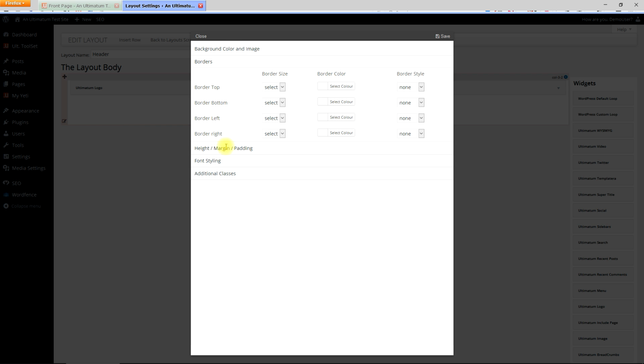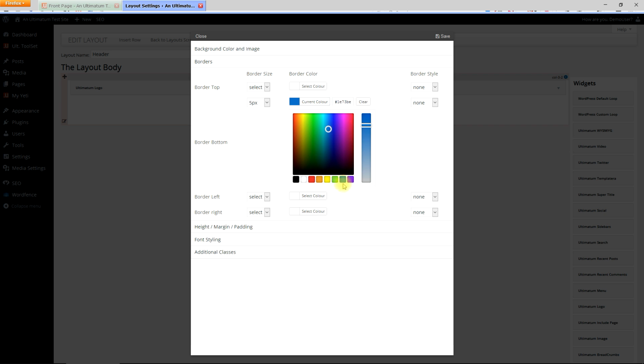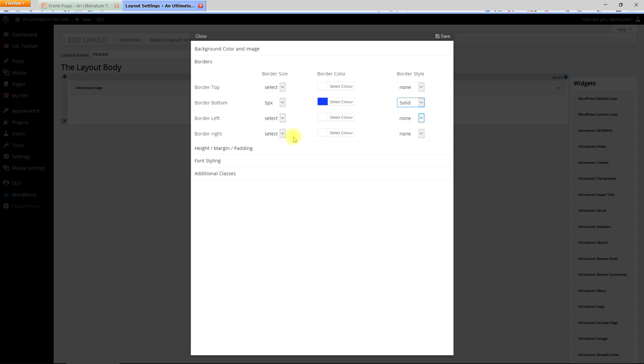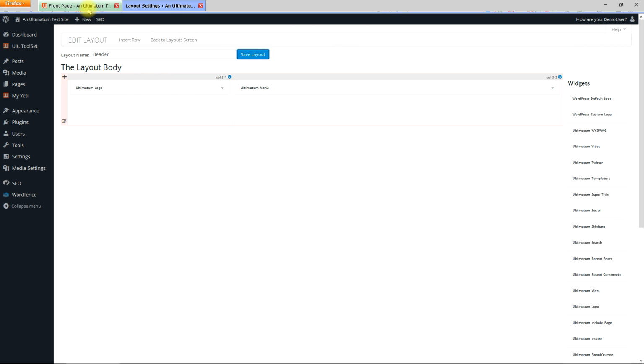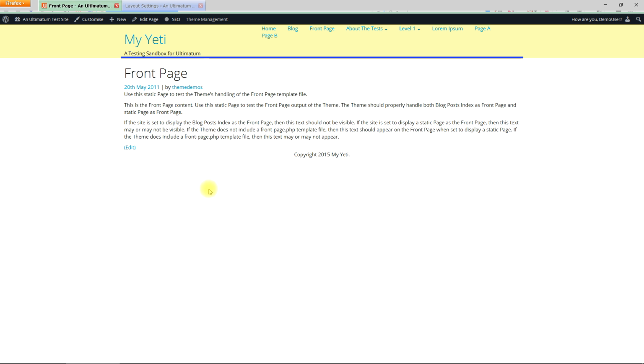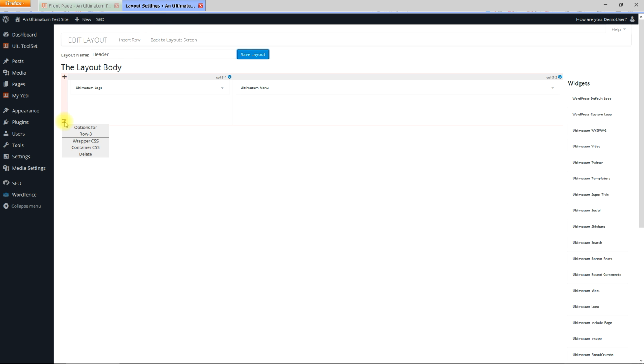So let's see, what can we do? Let's do something silly, like put a border around the bottom, for example. So we go for a border, a nice thick one, and we'll go for a deep blue. Set it as solid. There we go. Save. Save. And away we go. And there you can see the blue border just underneath this central content section, but it's a bit too close to that bit there, so let's go into there again